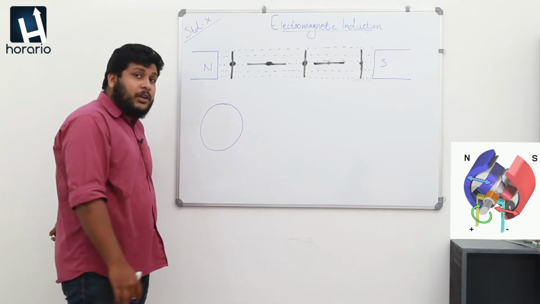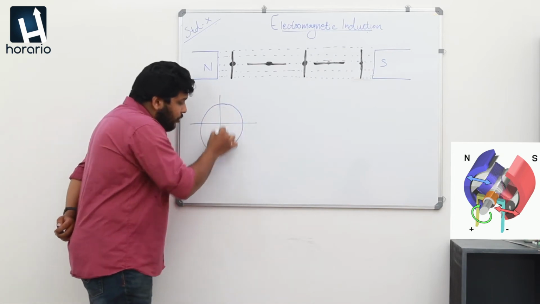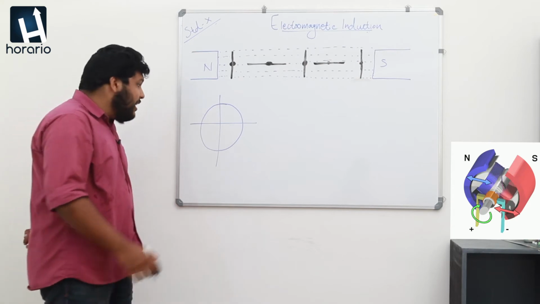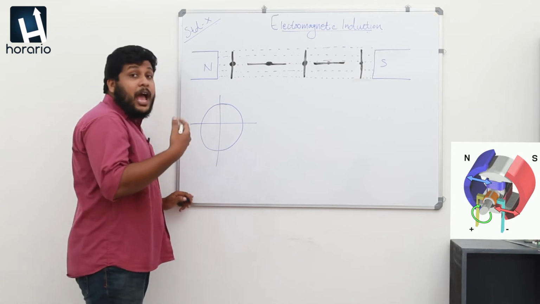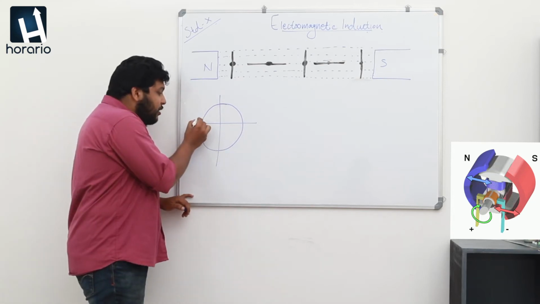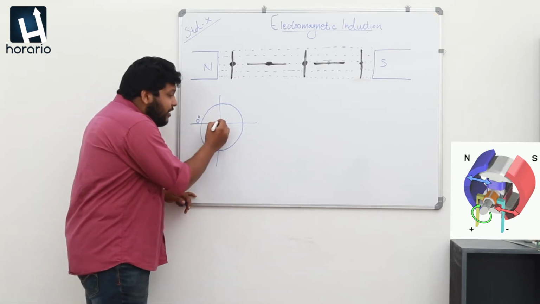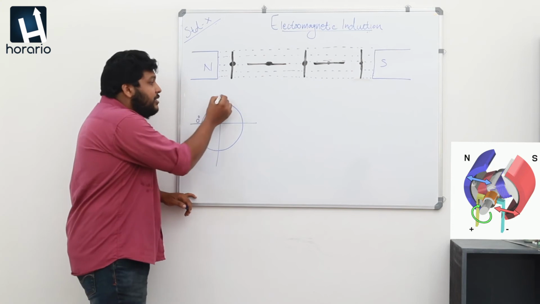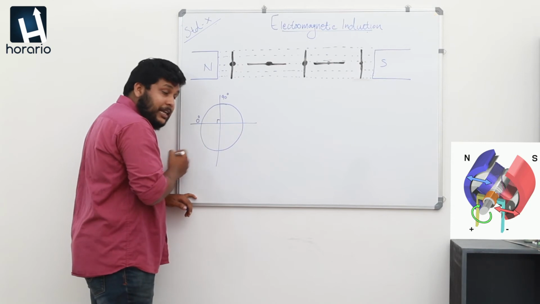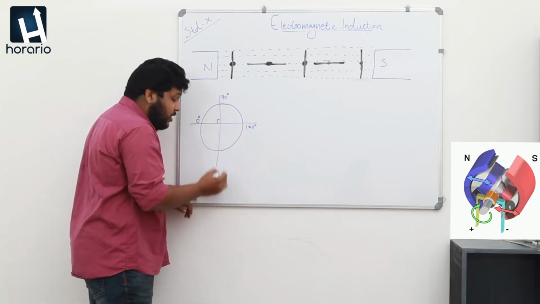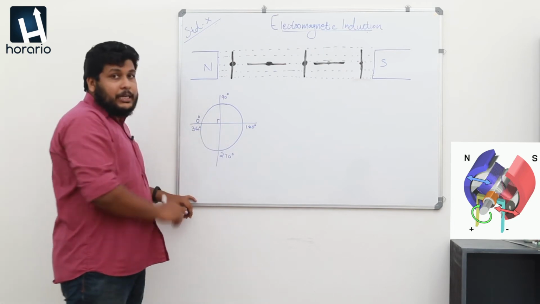You all know that in circular motion, there will be a change in angle. So I am dividing this circle into 4 equal parts. For ease of study, I am marking these points with the help of angular measurements. The point at which the rotation starts can be named 0 degree. After 90 degrees of rotation, it will reach 90 degree. Again, if it revolves another 90 degrees, it will reach 180 degree. Then 270 degree. At last, it will reach 360 degree.